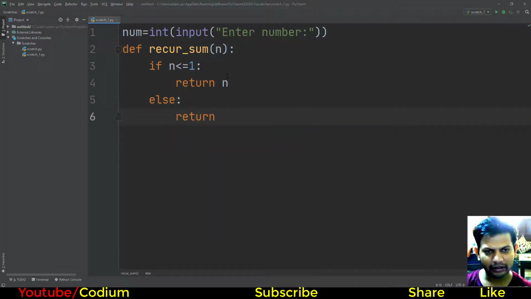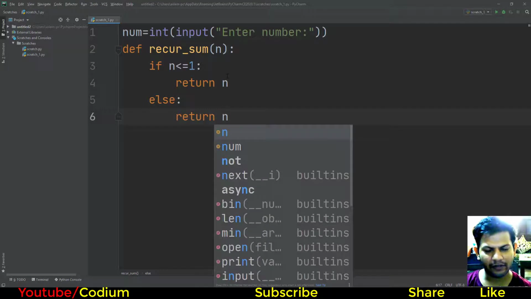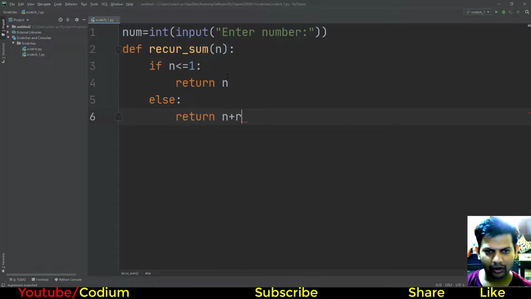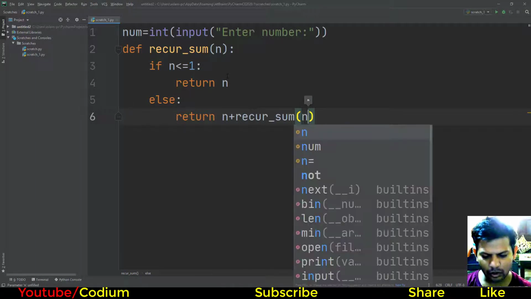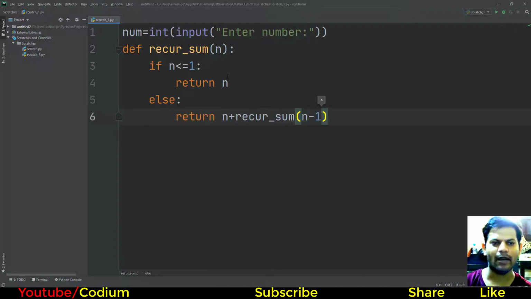Now this is the new thing. Now function recursion underscore sum recalls itself. Return n: if the value input by user is greater than 1, the return value is n plus the function of n minus 1. It's very simple.